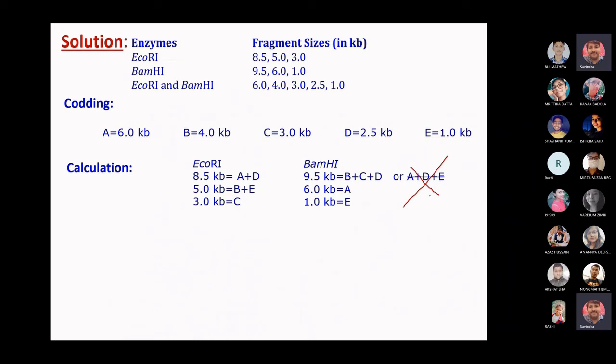So the moment you take A plus D plus C, you don't have any choice to write this 6 kb or this 1 kb fragment. So what we can write, first of all we can write D plus C plus B, थोड़ा बड़े वाला ले लिया, DCB. It can be written in any way. आप अपनी अपनी फाइल में लिख के देखिएगा. It can be written DCB, DBC, CDB, CBD, BCD, BDC. So there are 6 different ways to rewrite it.